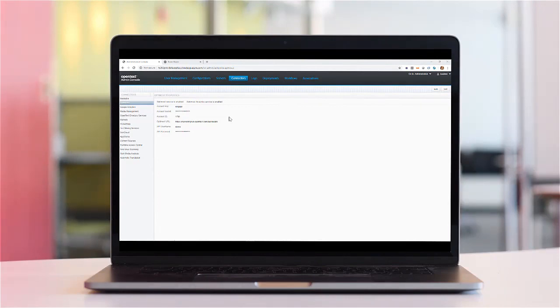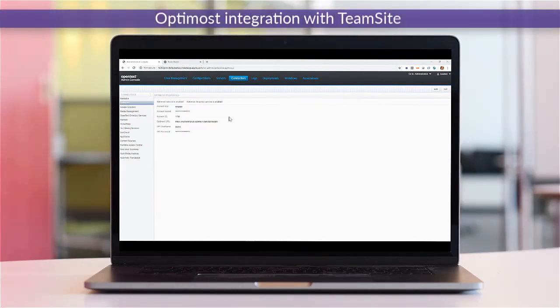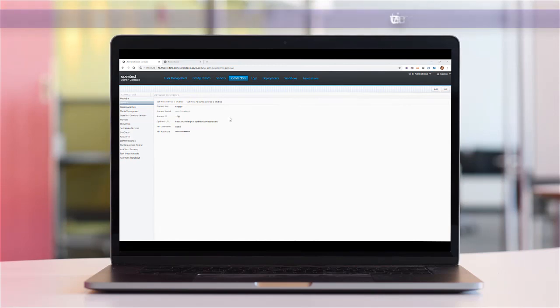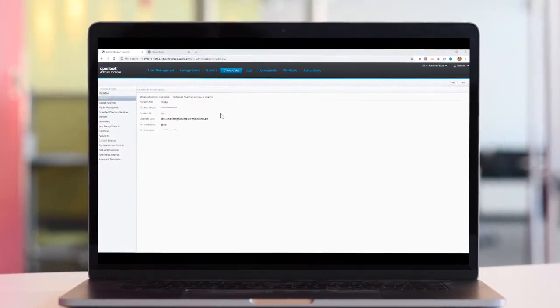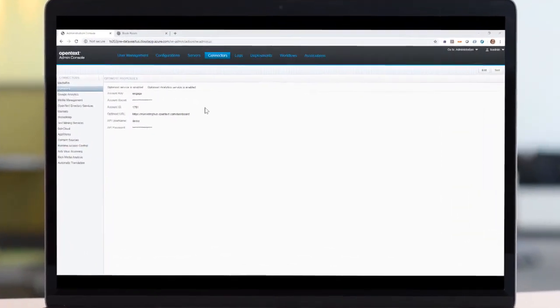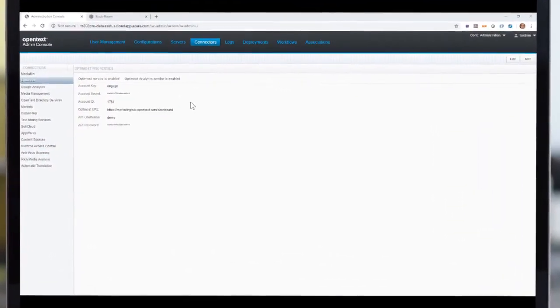Marketers use two disparate systems, Teamsite for web content management and Optimost for A/B testing, to identify winning digital experiences called the creatives. When users try to bring back creatives from Optimost into Teamsite, it results in a lot of duplicate work, inefficiency, and loss of productivity. In Release 20.2, Teamsite provides easy import where users can import a winning creative as new version of the page